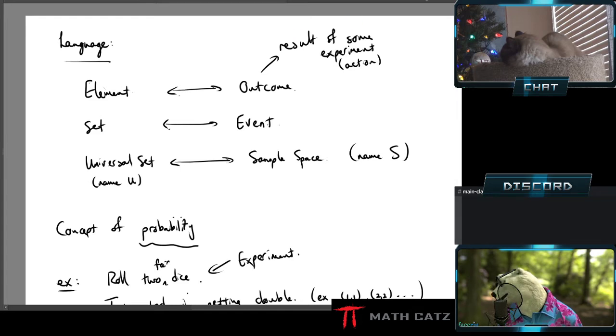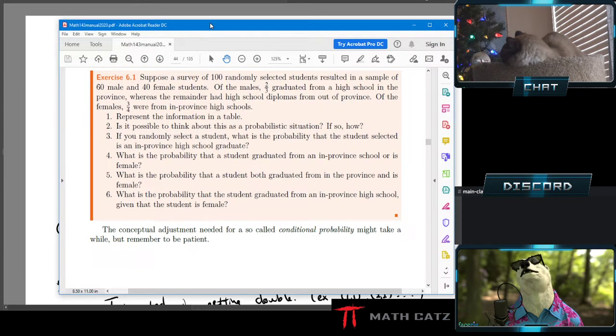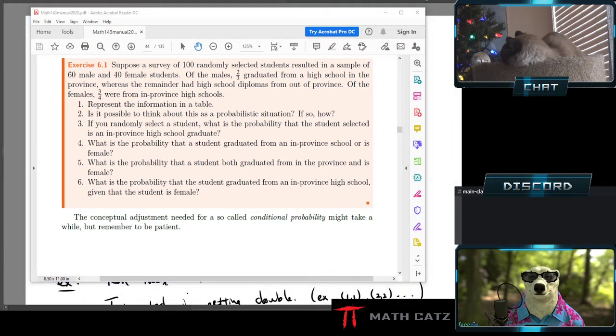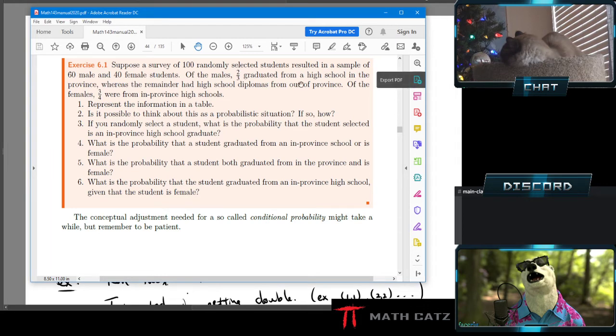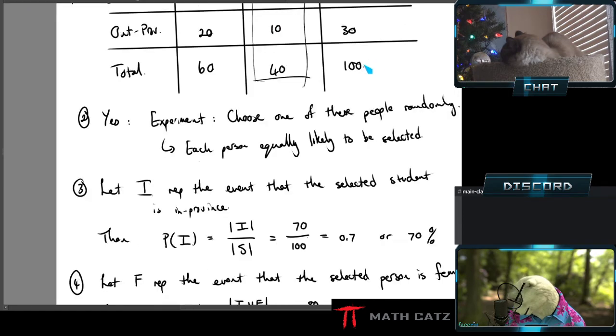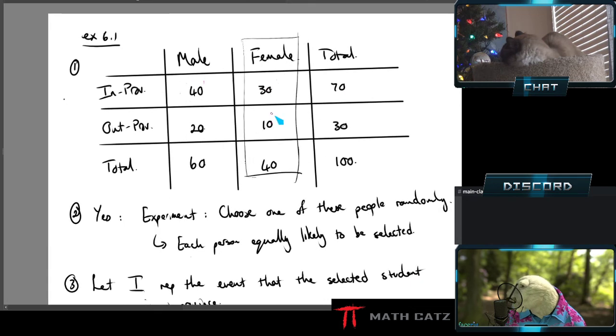We talked about the exercise, what was the number? I should know this. 6.1, where we looked at 100 people. They had properties male or female, as well as graduating from in-province or out-of-province high schools. And with a table, we're able to